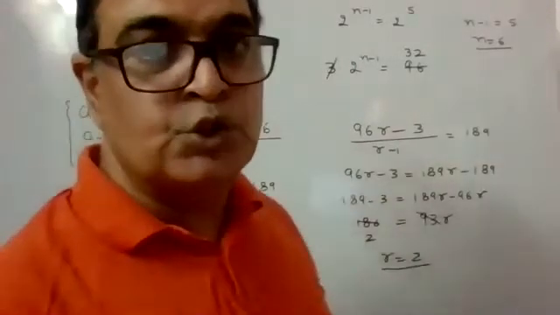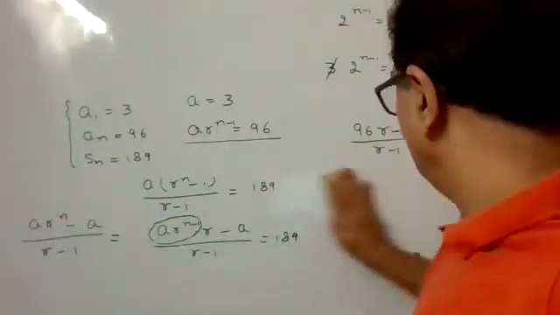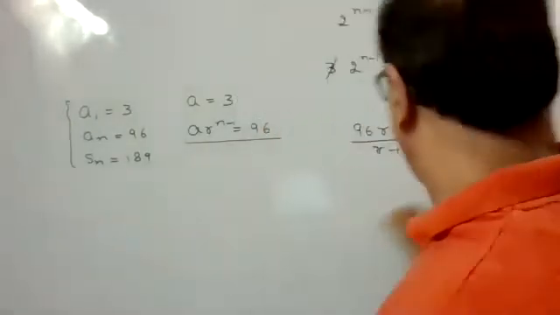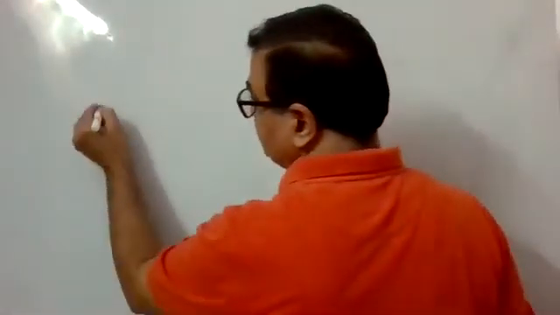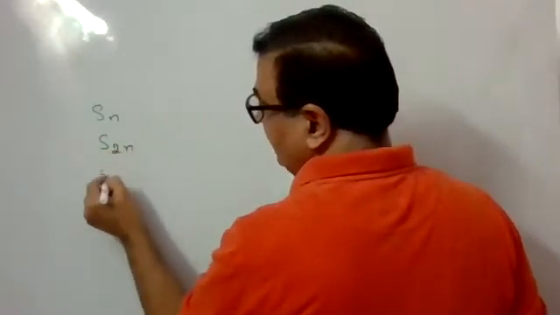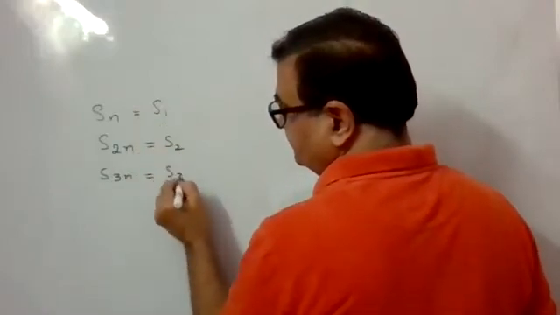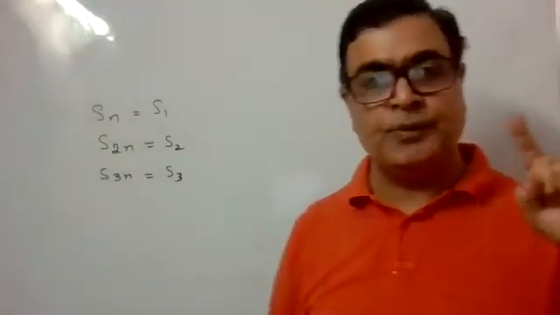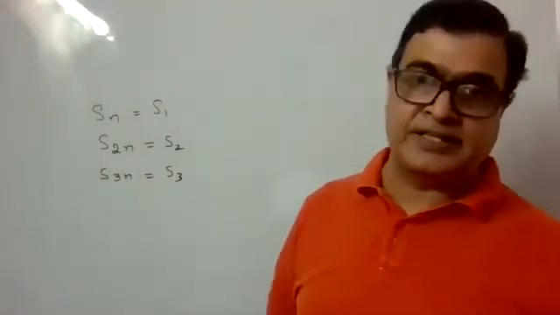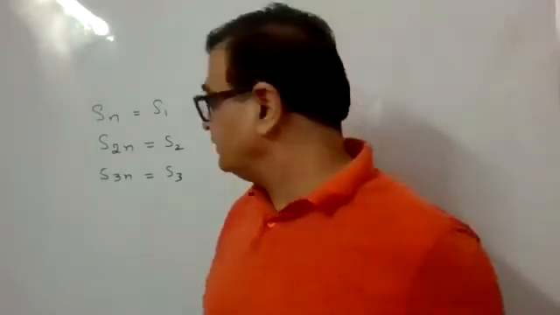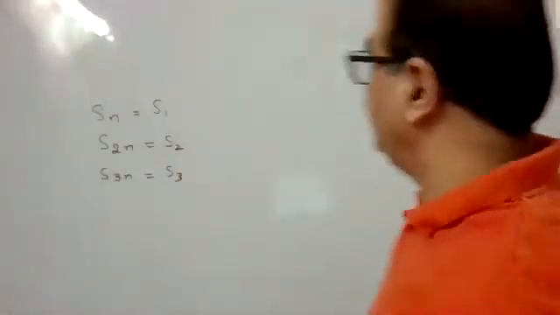If S1, S2 and S3 be respectively the sum of n terms, sum of 2n terms and sum of 3n terms of a GP. Sum of n terms denoted by S1, sum of 2n terms denoted by S2, sum of 3n terms denoted by S3. Then the question is, prove that